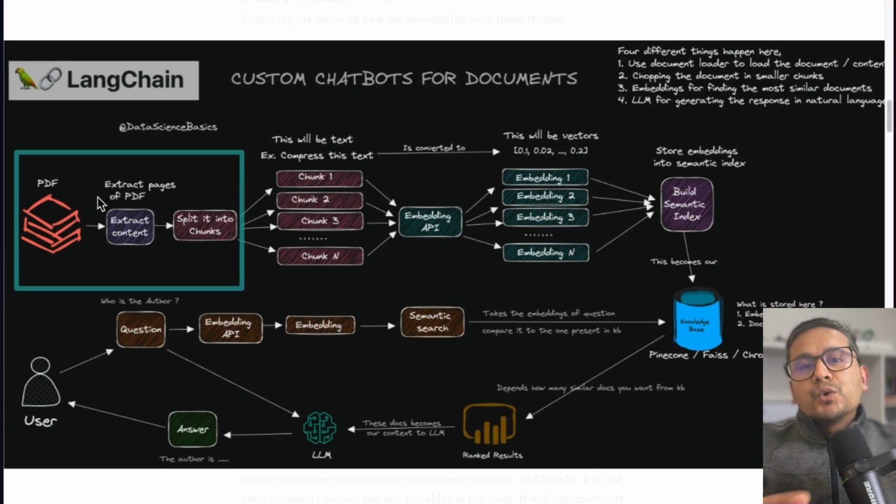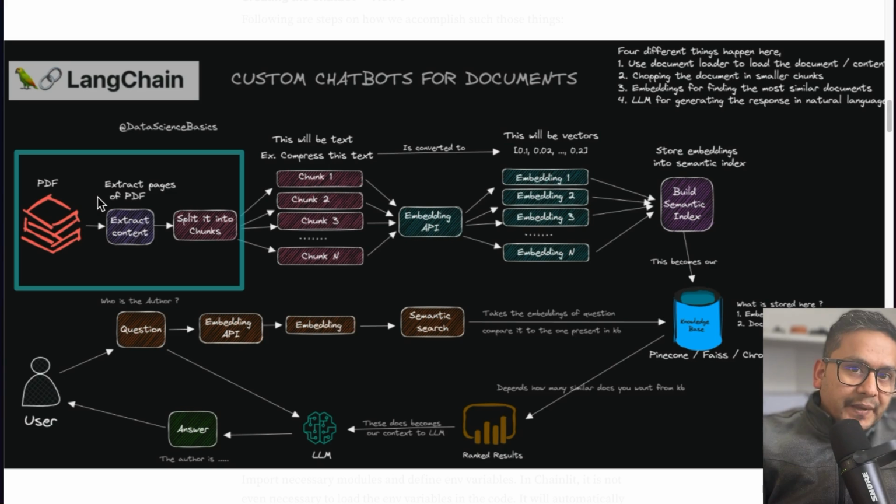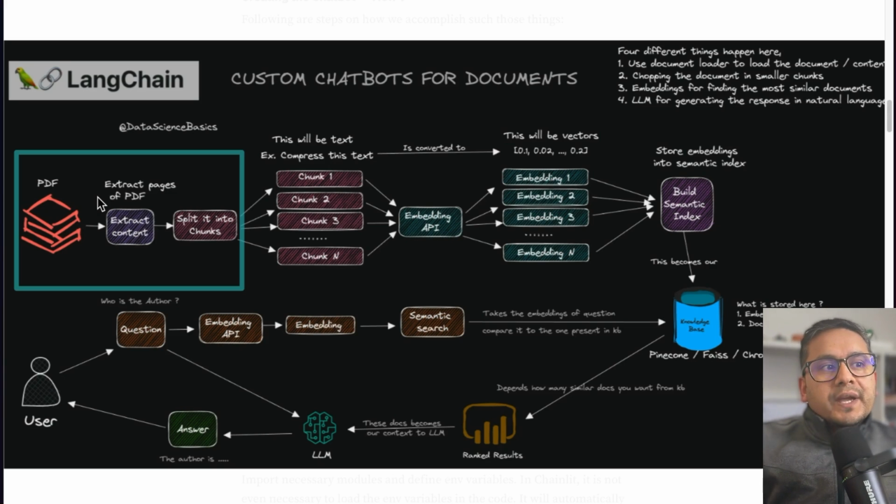I have seen most of you asking in my RAG videos, okay, I have shown you the example of PDF, but you were asking how to deal with text files and how to deal with CSVs and so on. Those are the things that you need to explore based on your use case. What is the loader that you can use in order to extract the information out of that particular document? That is the first step that you need to explore,